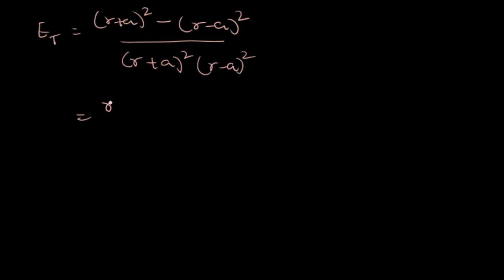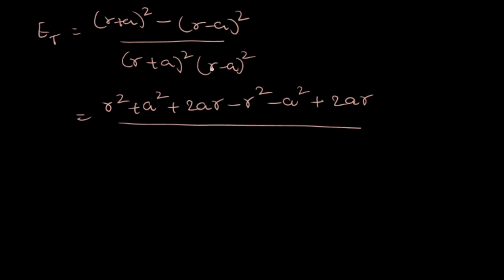Therefore, we have r square plus a square plus 2ar minus, here we have minus sign, minus r square minus a square, minus into minus plus 2ar by,